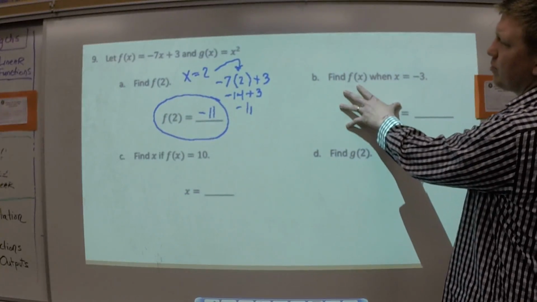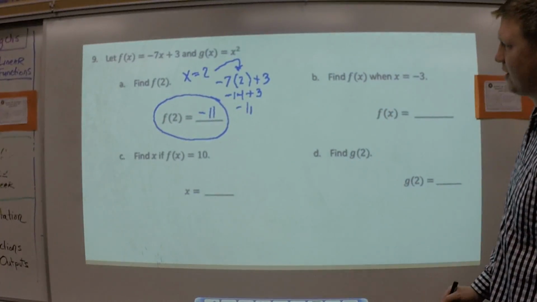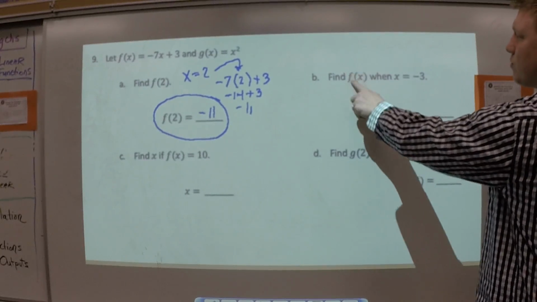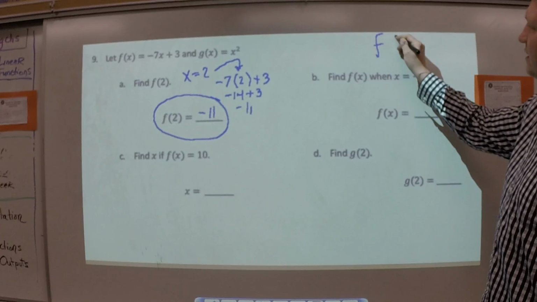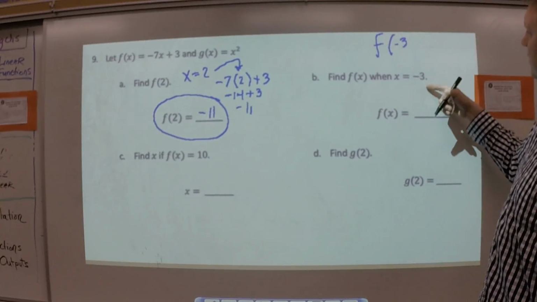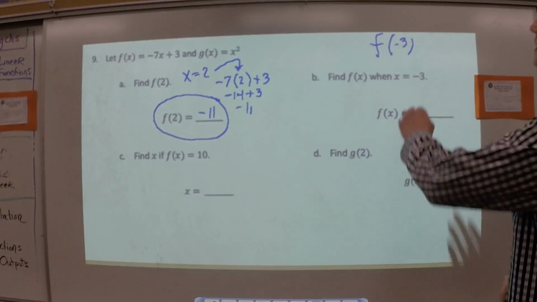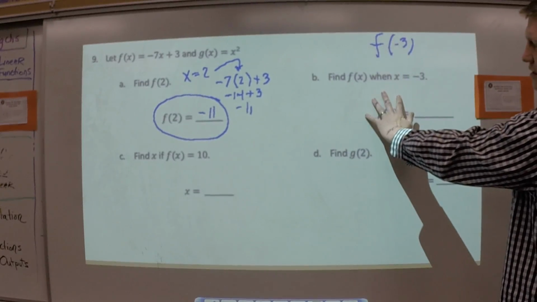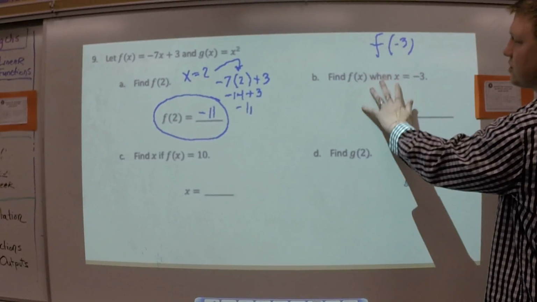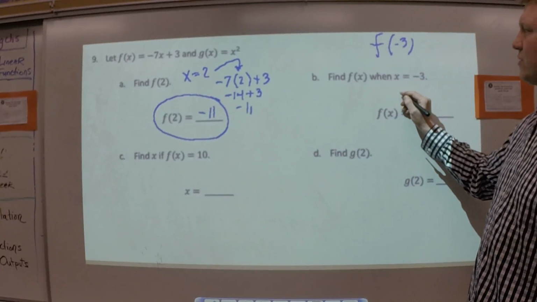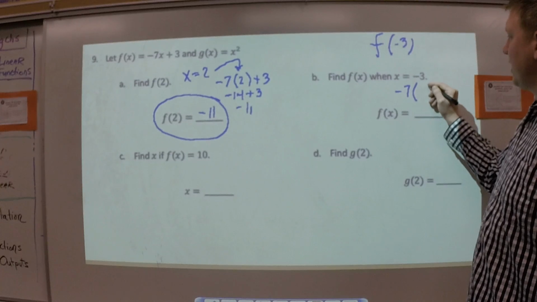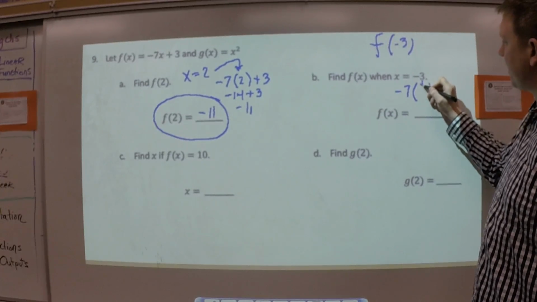Same thing over here, but it's written just a little bit differently. All right, so here it says find the output if you're given the x value. That's not a whole lot different than finding this. I think negative 3, yeah. F of negative 3. That's the same thing as this. Same different notation to mean the same thing. So go put that into the equation. So negative 7, and what goes in there? Well, that goes in there at